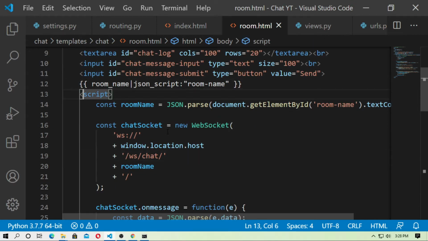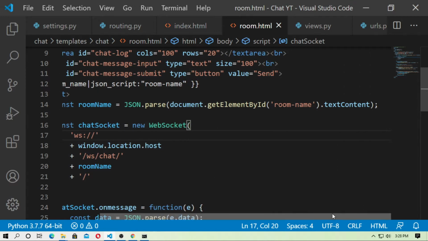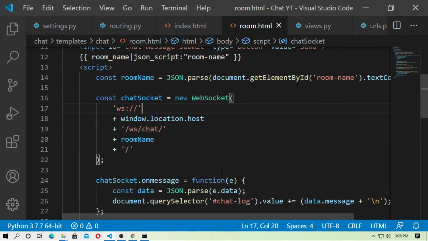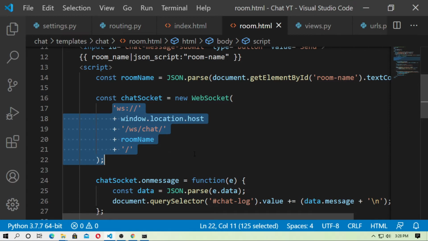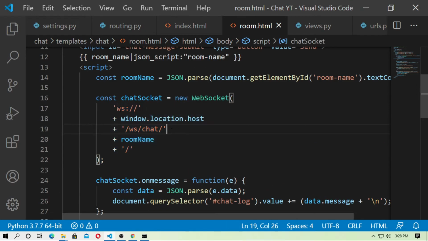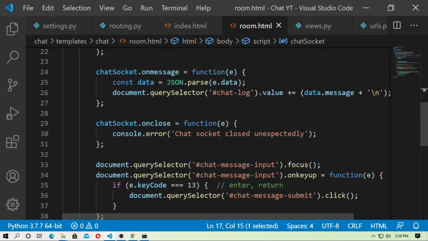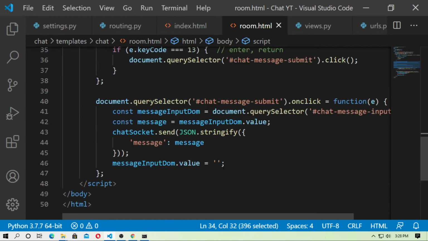And then the JavaScript. At first const roomName and getElementById. This is a simple DOM property of JavaScript, the Document Object Model. Now const chatSocket, a WebSocket, connecting to the URL. Creating the URL, and at the last part of the URL your room name will show. This is none but a URL for the WebSocket, and this is the WebSocket ws. This is actually none but a simple DOM property. You can check it.